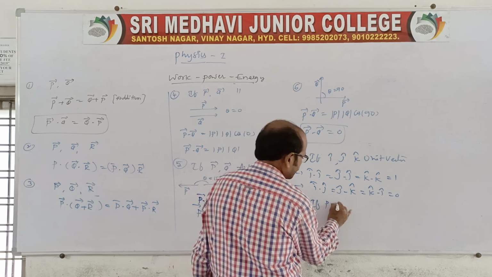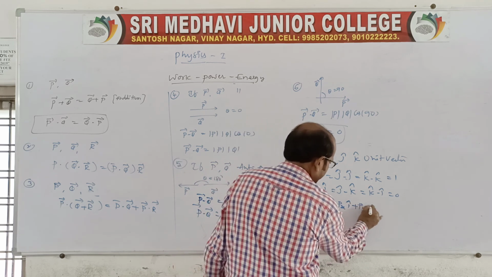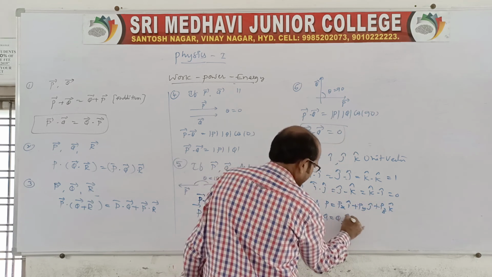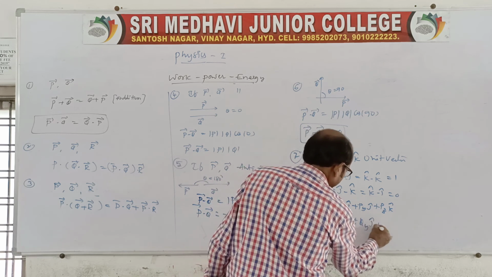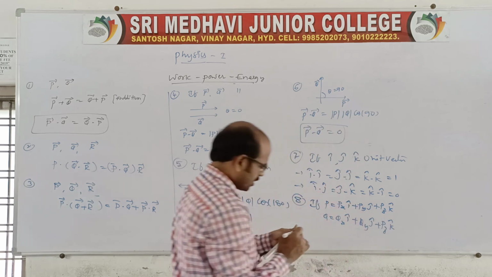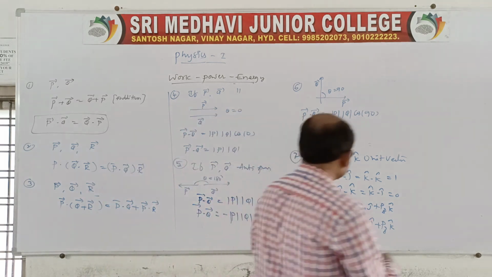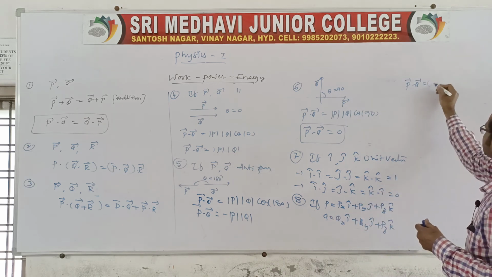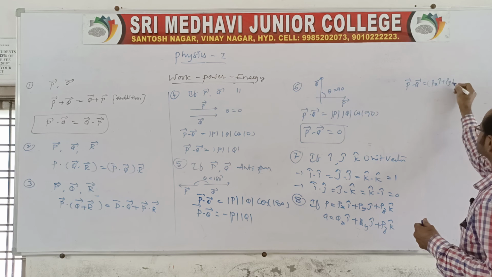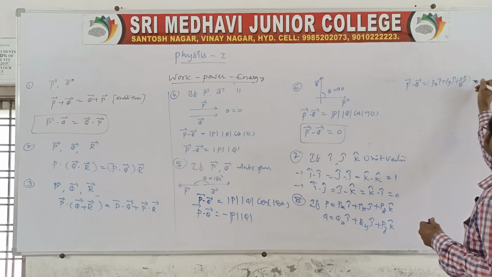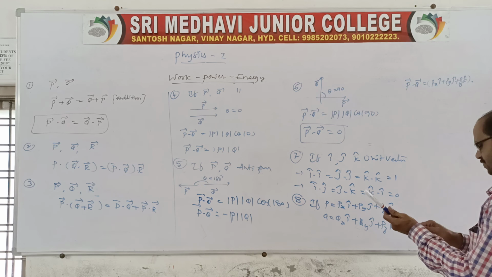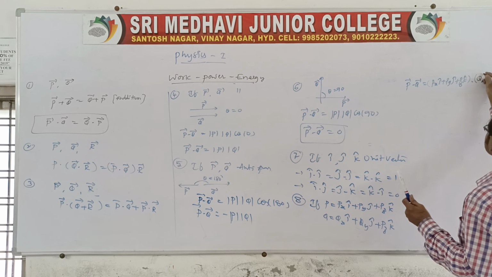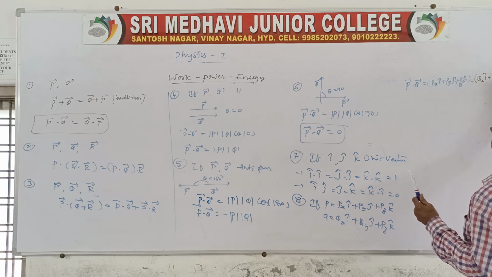If P is equal to Px i cap, Py j cap and Pz k cap, and here Q is equal to Qx i cap, Qy j cap and Qz k cap. Now you take the dot product, very simple, P dot Q which is equal to, yes, now we should write here both Px i cap and Py j cap and Pz k cap dot. Clear? And you take the next one, that is Qx i cap, Qy j cap and Qz k cap.